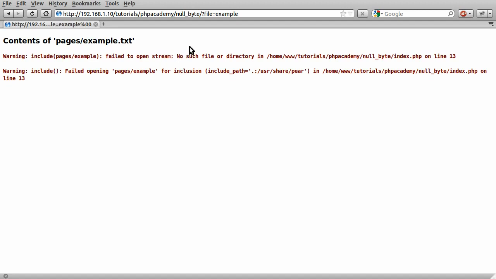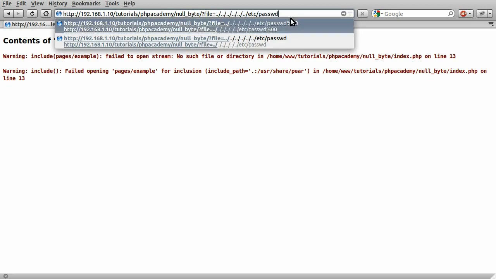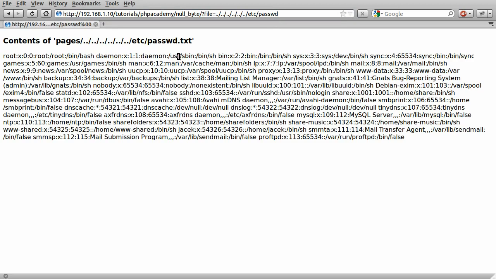So the problem with this is that now we can essentially include any file. For example, we can include my etc/passwd file, again just by sending the null byte and the path to the file. Need the null byte there. You can see without the null byte that it tells you that it doesn't exist with the .txt extension. But if we add it, you can see that it chops off the end of the string, and we get my etc password file. So this essentially allows the user to include any file that they want,